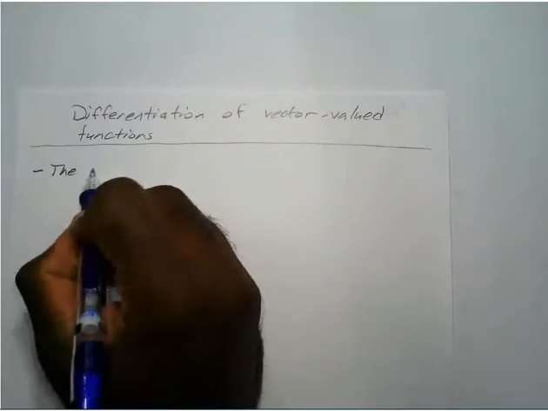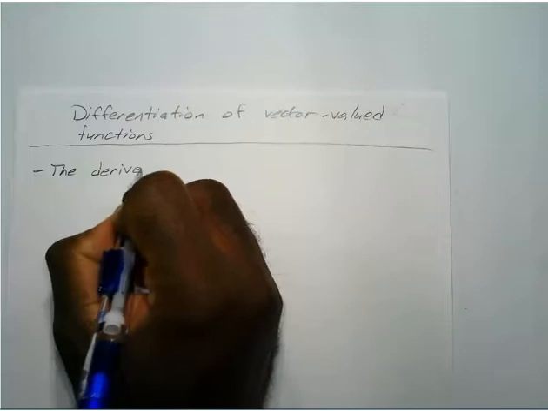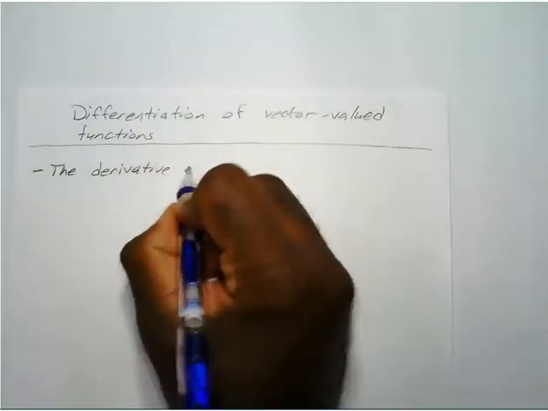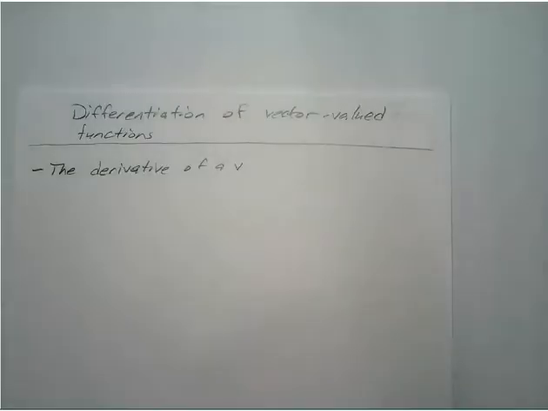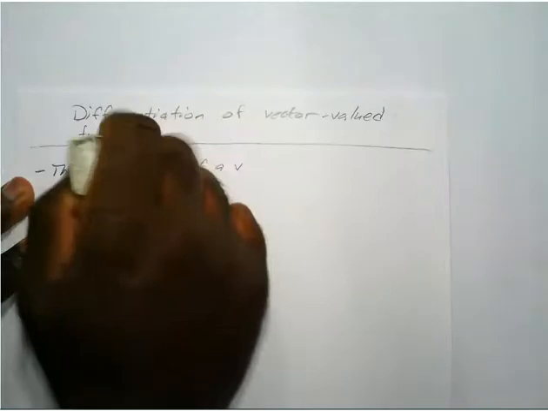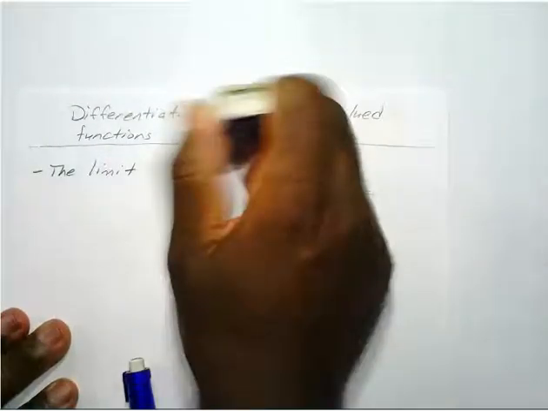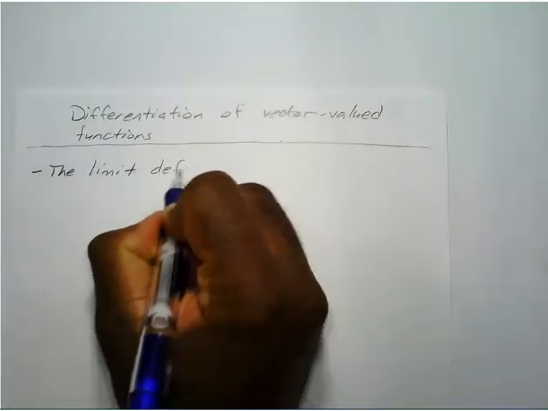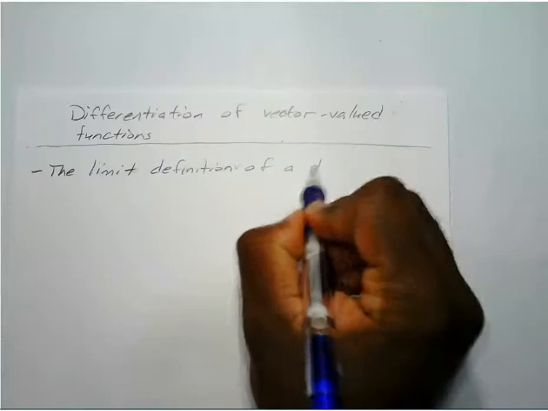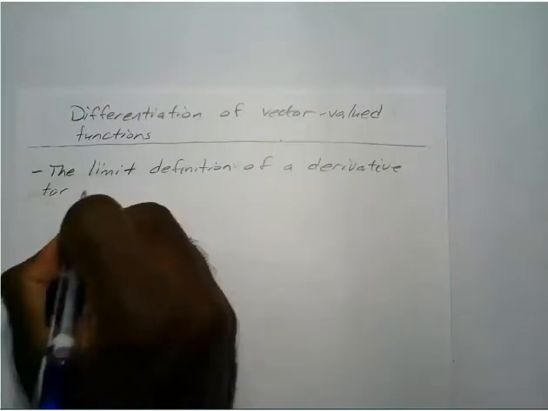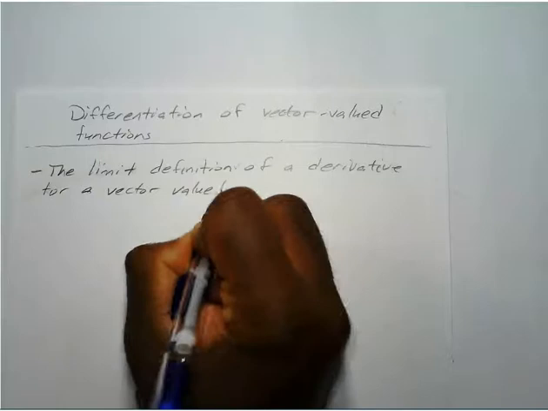Okay, so the derivative. Well, not derivative, it's more the limit. I'll do the derivative next. So I'll say the limit definition of a derivative for a vector valued function is defined by,